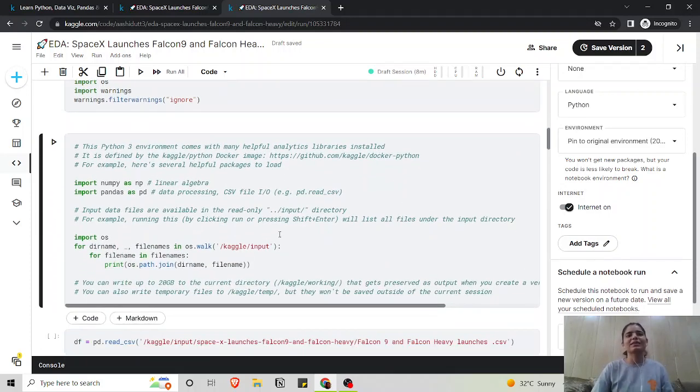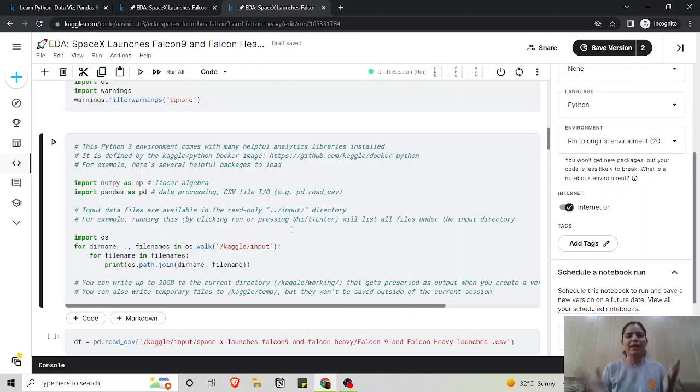Then yeah, this is the main thing over here. This whole cell that you're seeing is actually something Kaggle already provides you with. This cell will already come as it is whenever you click on a new notebook and create one.